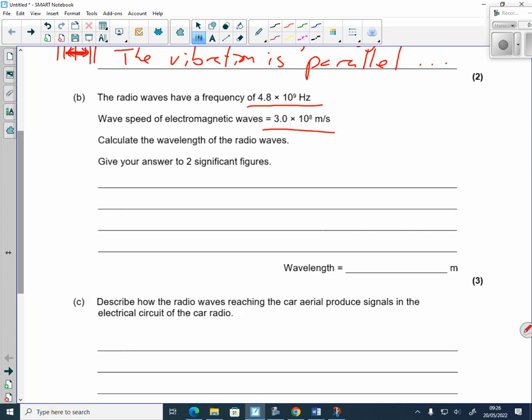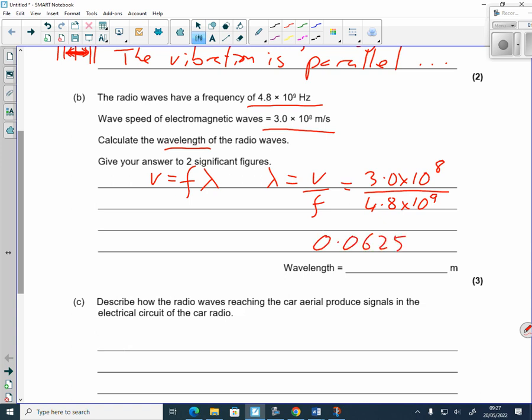You're going to rearrange the equation that the velocity is frequency times the wavelength. Use that funny little symbol, Greek letter lambda, for wavelength. And we're asking for the wavelength, so we want lambda to be equal to the velocity divided by the frequency. Our velocity, it's an electromagnetic wave, so 3.0 times 10 to the 8, divided by its frequency, which is 4.8 times 10 to the 9 hertz. You pop that into your calculator and you will get an answer of